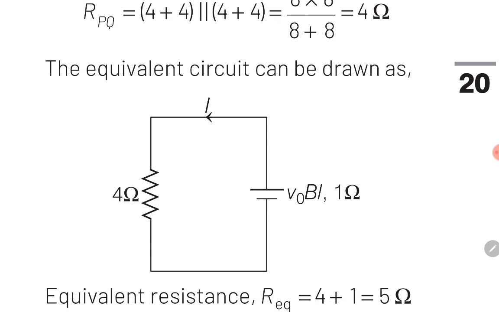Also guys, आप यहाँ देख सकते हो in the equivalent circuit कि right hand side में जो square loop था उसको भी हमने replace किया है by motional EMF. गाइस motional EMF is given by the formula BV0L, where B is magnetic field, V0 is velocity of the square loop, and L is the side of the square loop. Guys, once we replace the square loop on the right hand side with motional EMF, we also have to write 1 ohm on the right hand side because that is the resistance of the square loop. तो हम ऐसा बोल सकते हैं कि जो square loop का resistance है उसको हमने count किया है as internal resistance of this battery which is given by the formula BV0L.